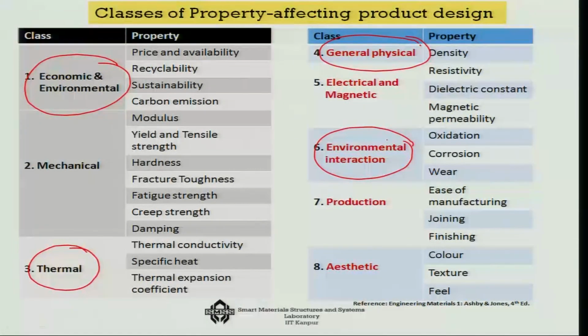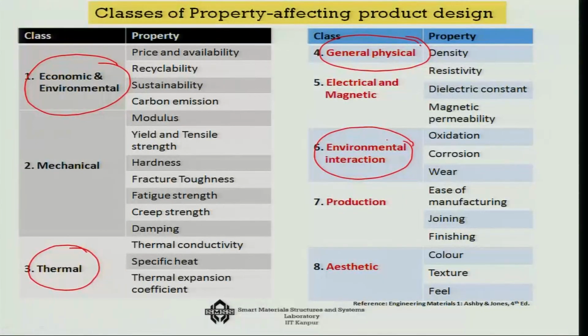So, thus oxidation and corrosion are important, and wear, of course, is important because there are many mechanical systems in which the relative velocity between the two components always occurs. If you think of a mechanism, there is always the relative velocity between the links of a mechanism. So, in such cases there will be a wear that will be constantly happening in the system, and this wear is to be controlled in terms of controlling the life of the system. So, environmental interaction effects are thus very important considerations, particularly for mechanical systems.